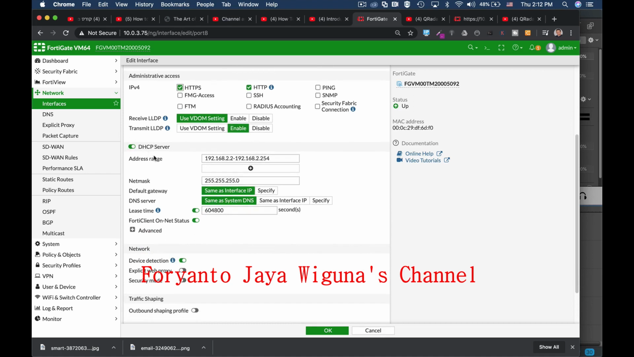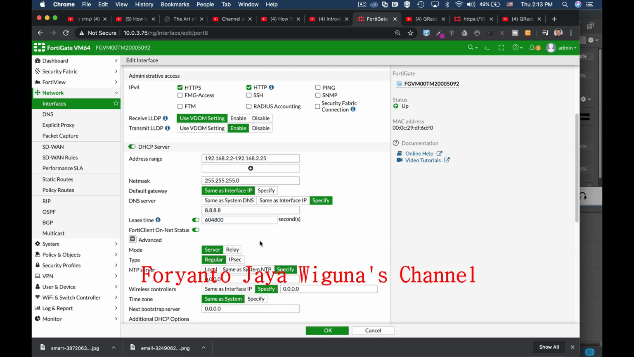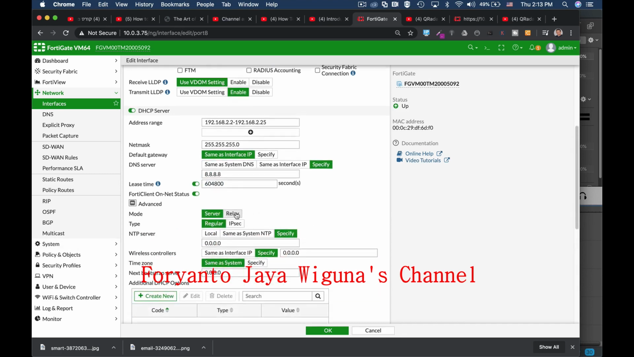Now we have a DHCP server. As I said, any client that connects to that port will receive one of the IP addresses from the pool. You don't have to use all the pool. You can use only 20 IP addresses. You can keep the DNS server the same as configured here, or you can specify your own DNS server. Let's just specify Google's DNS server. You can control the lease time, and if you click on the advanced, if you have a DHCP server that is part of your domain,